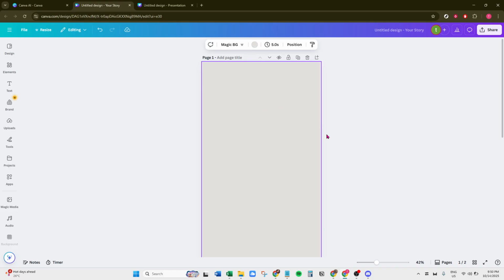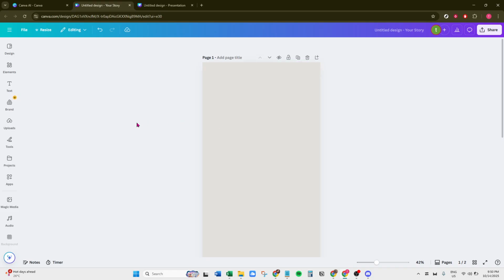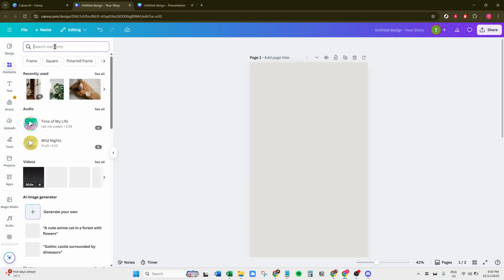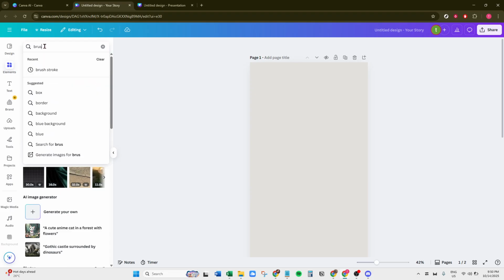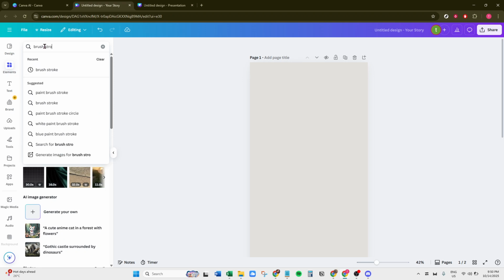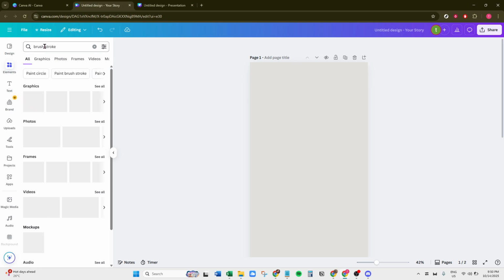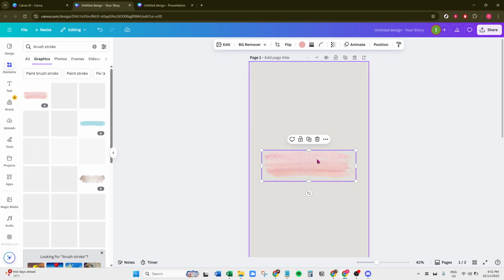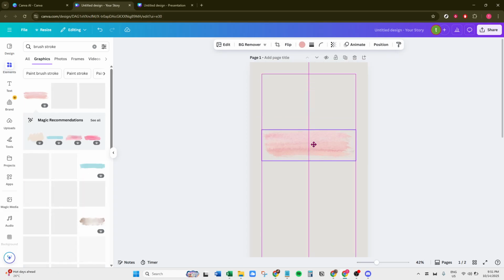Now that you've created a new design, it's time to explore the Elements tab, the toolbox of creativity in Canva. Click on the Elements icon on the left-hand panel and use the search bar to type in brushstroke. You should see a wide variety of brushstroke designs ranging from abstract strokes, watercolors, and even some more textured options. Click through some options to see what's available and keep an eye out for the ones that might complement your overall design vision. After you find the brushstroke that captures your imagination, either click on it or drag it over